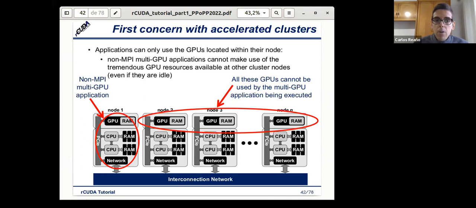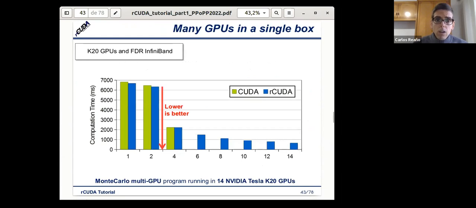And even more, if we would like to use from node 1 all the GPUs in the cluster because we are running a very compute intensive application, the rest of the GPUs will not be accessible to node 1, because we don't have anything to make this application access those GPUs.